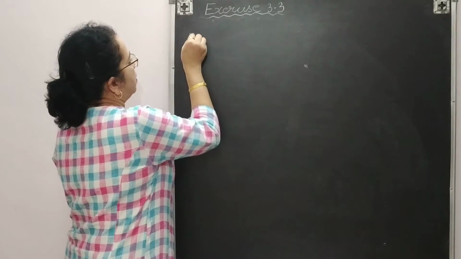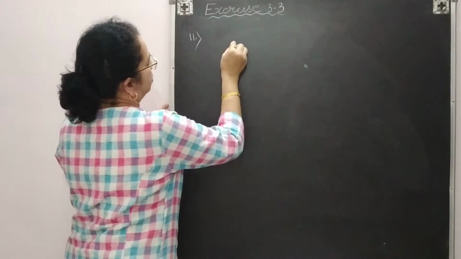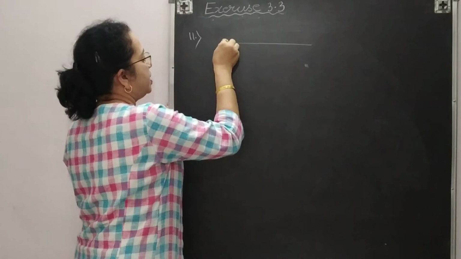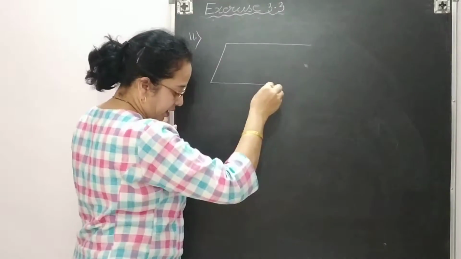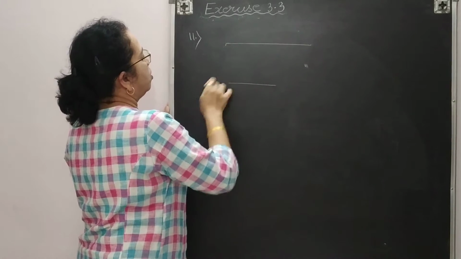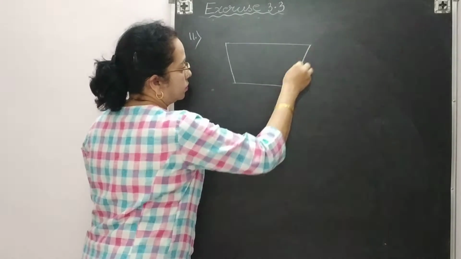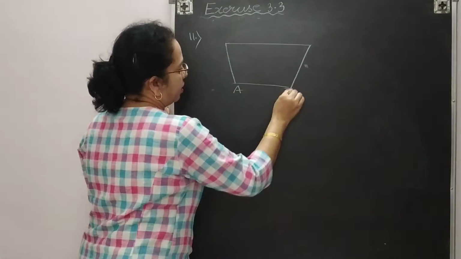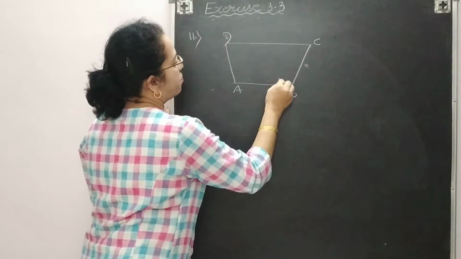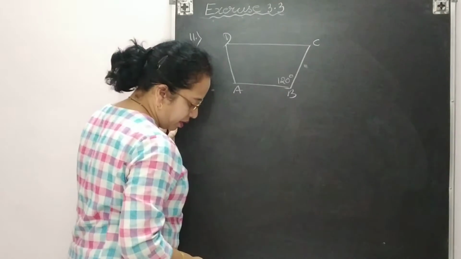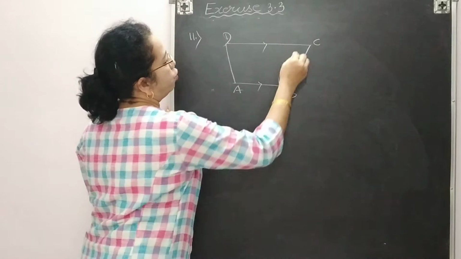Next is question number 11. Again one figure is given. So the first thing, whenever figures are given in the question paper, drawing the figure in the answer sheet is again compulsory. If you are not drawing the figure, it may be possible you may lose marks. Okay, right. Let me write the names A, B, C and D. And here one angle is given 120 degree. At the same time it is given AB is parallel to DC. This is given and you need to find angle C.